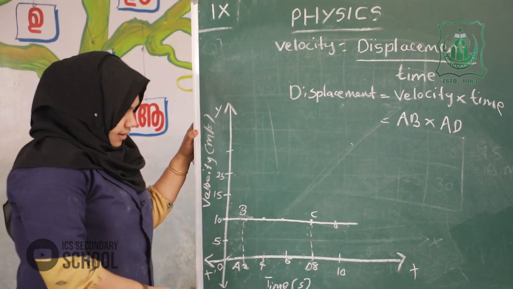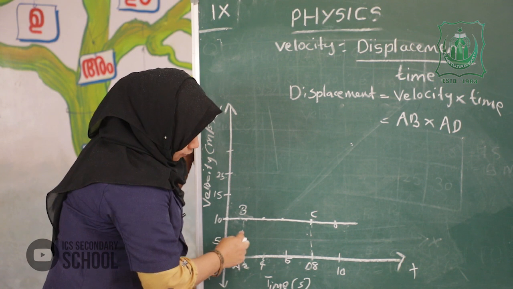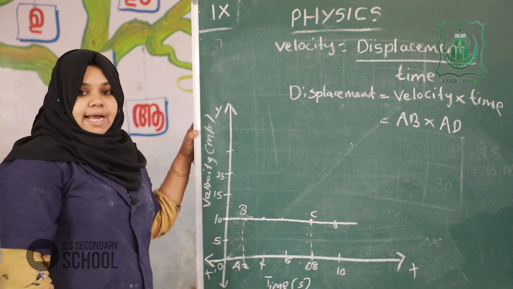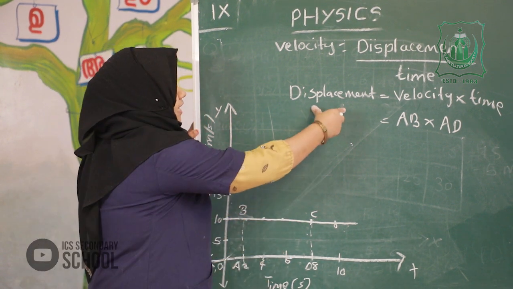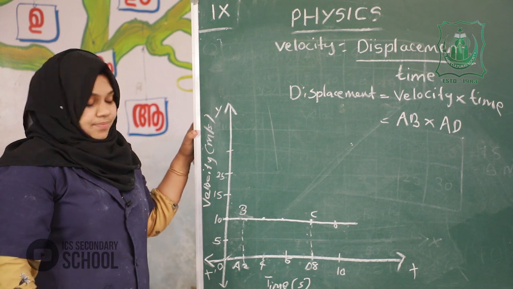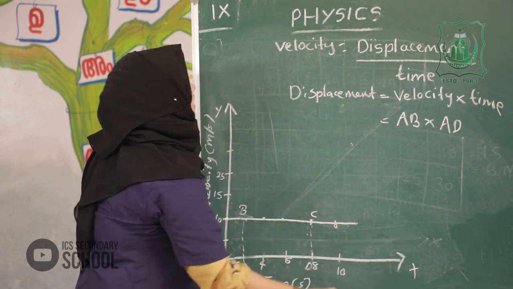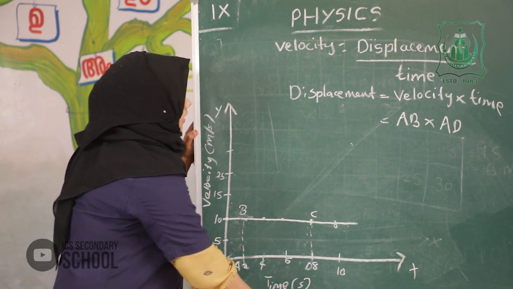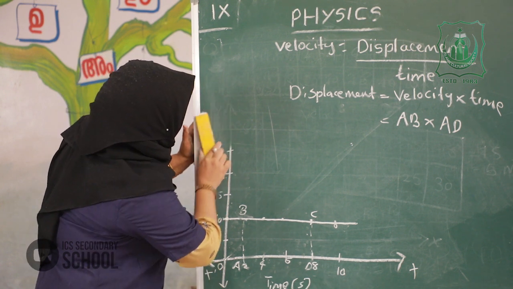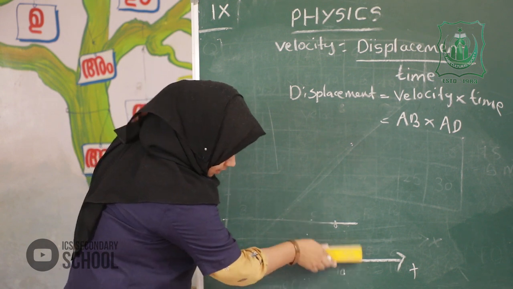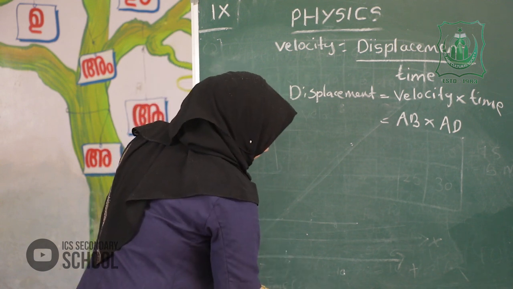So, the displacement of a body within a definite interval of time is equal to the area of the portion under the velocity time graph. This is just to find out the area of a portion for finding displacement from the graph. Okay. So, another use of a graph is derivation of equations. So, let's understand how the equations of motion can be found out.